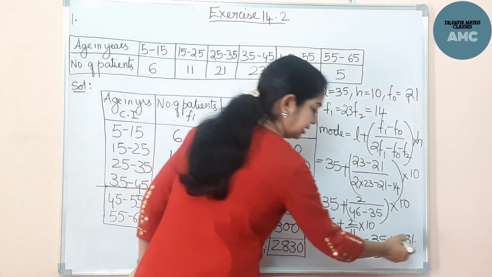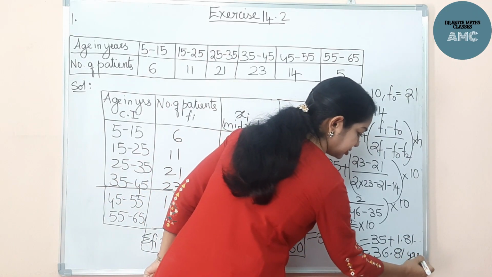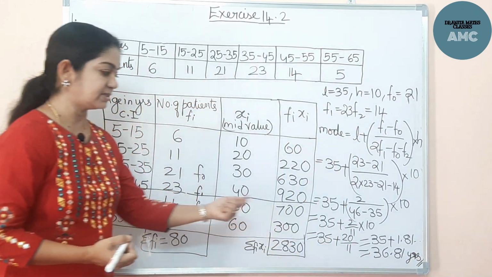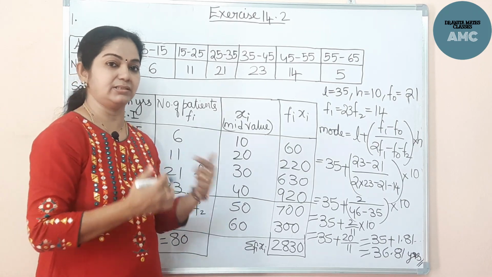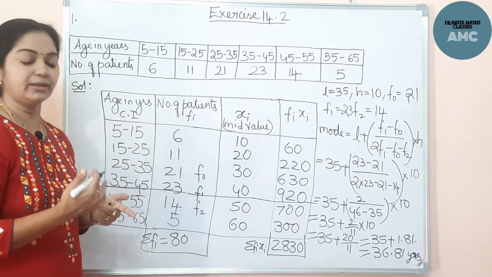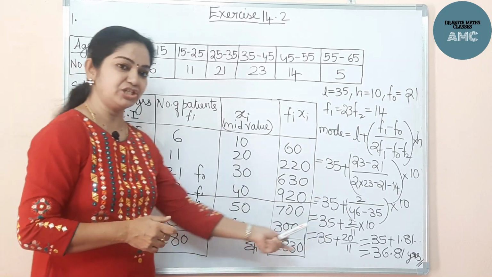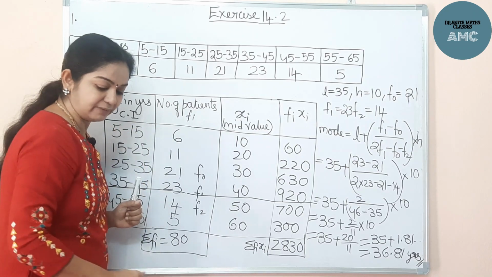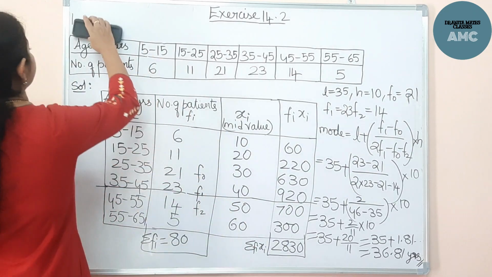Now the units here, the class intervals are the age in years. So this is years, age. So this is years, this is the mode value, 36.81. That means it is the most maximum number of patients admitted, of the age 36.8. Now we will find the mean value and we will be interpreting, right?